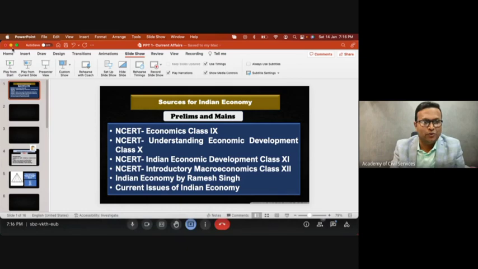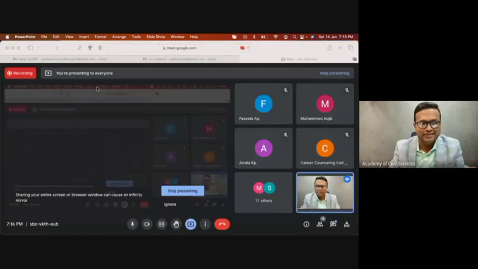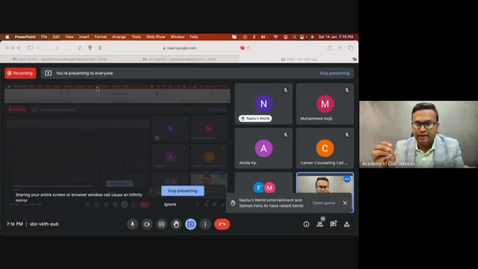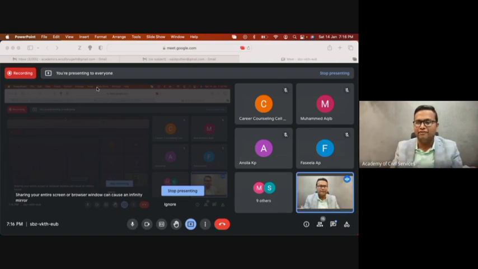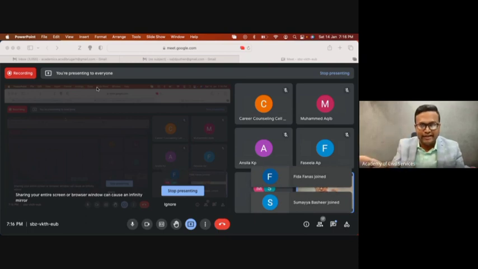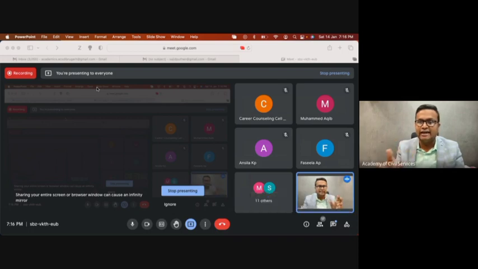I don't know if there is any hand raising option in Google Meet. Can you press the hand raising option if you are getting that confusion? Then you just move into the next news. After reading one or two paragraphs of the next news, again you get confused about what I am getting from this piece of news from the civil services exam point of view. Again you move into the next news, and in the next news also you are again confused about what exactly you have to study for the civil services examination.